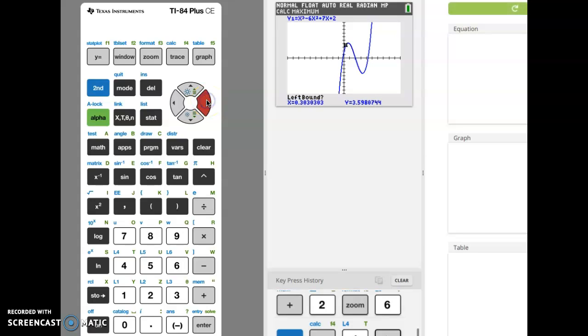So left bound just means we want a point on the left. So we are on the left of the maximum. We hit enter. Then I arrow right to pick a point to the right of the maximum. I hit enter, and then we could just hit enter again for a guess,